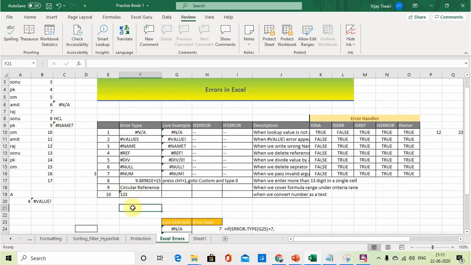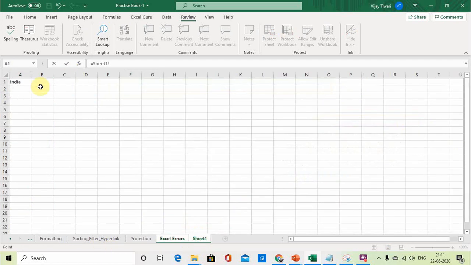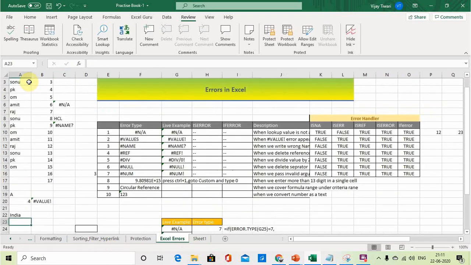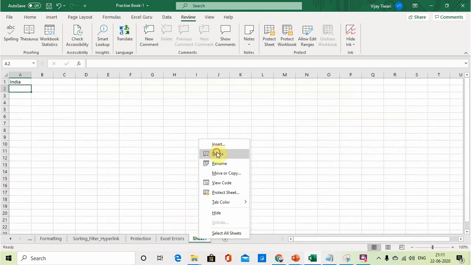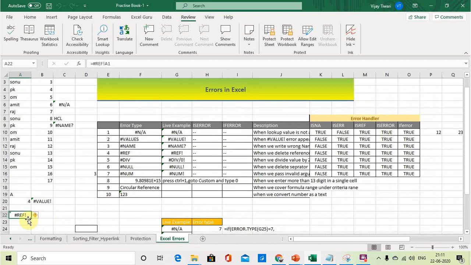I am giving the reference of that sheet, in this sheet A1. So India has come here, right? Now I am deleting this sheet. I have deleted this sheet. See, the #REF! error has come, right? Because the reference sheet has been deleted. So when the reference sheet is deleted, this error comes, #REF!.